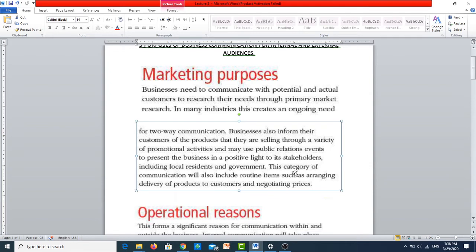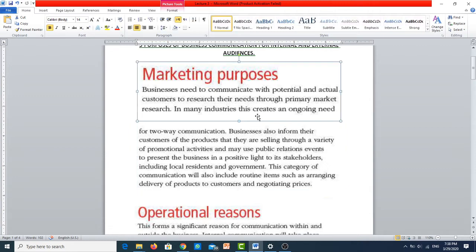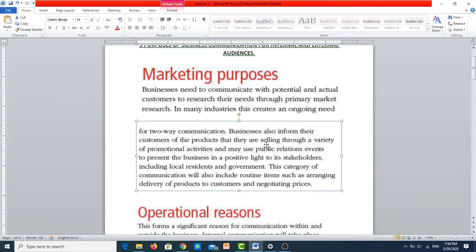And this category of communication will also include routine items such as arranging delivery of products to the customers and negotiating prices. So it means that the marketing purpose is actually external, that you have to pin down your external needs and wants. You have to do your communication externally. After that,